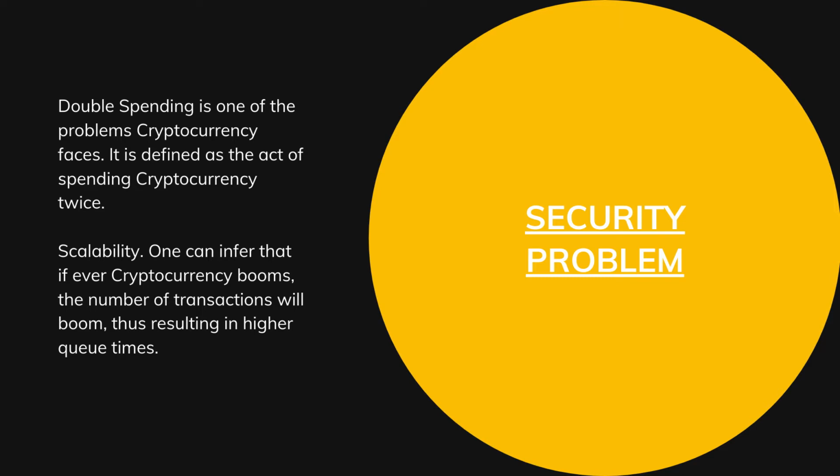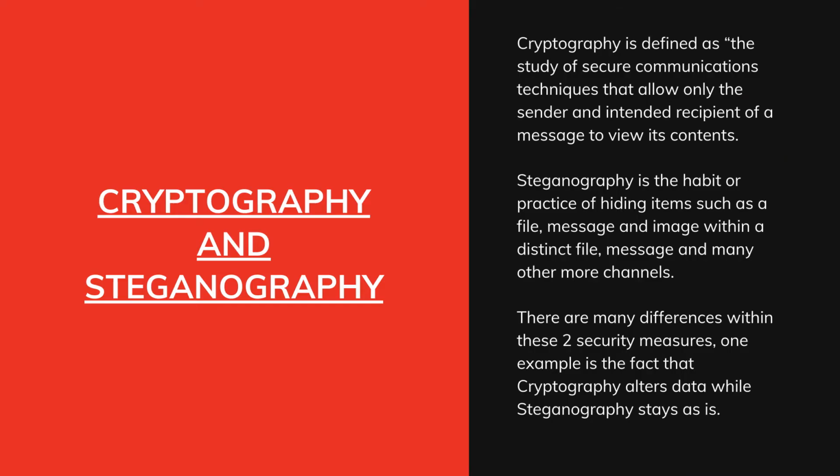The first one is double spending, where it is defined as the act of spending cryptocurrency twice due to an exploit regarding the encryption. The second one is scalability, where there will come a time that when cryptocurrency booms, the number of transactions may take a longer time due to the complexity of the decryption and the lack of workers decrypting. Cryptography is defined as the study of secure communication techniques that allow only the sender and the intended recipient